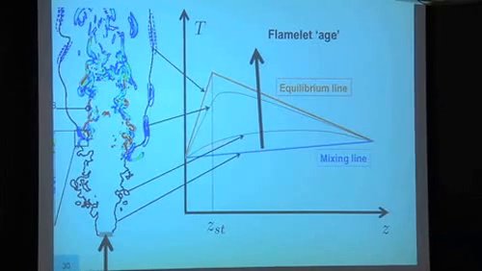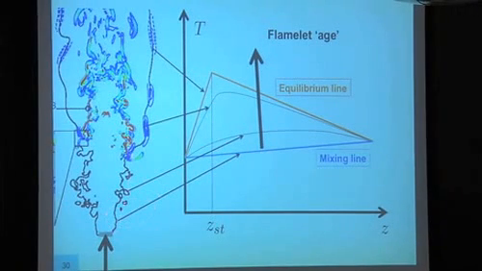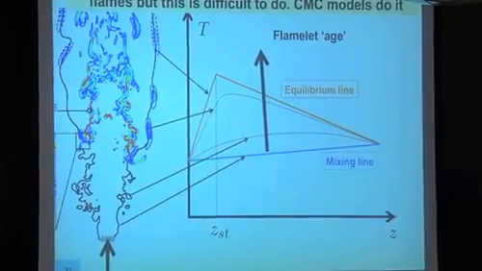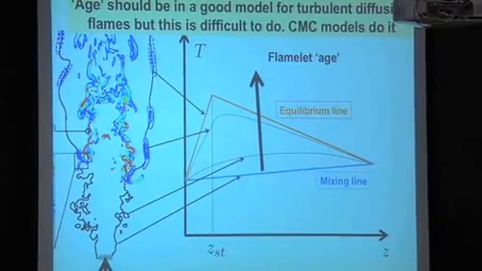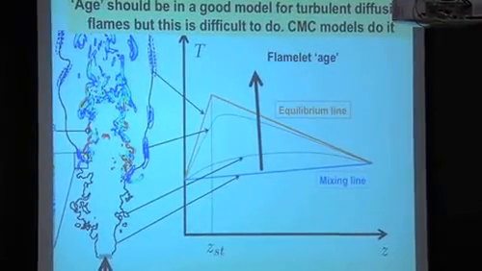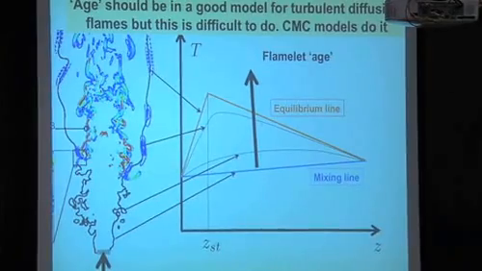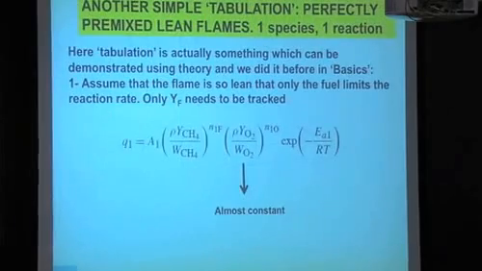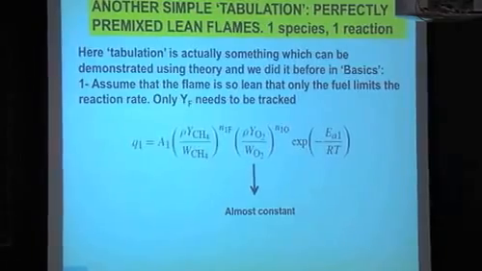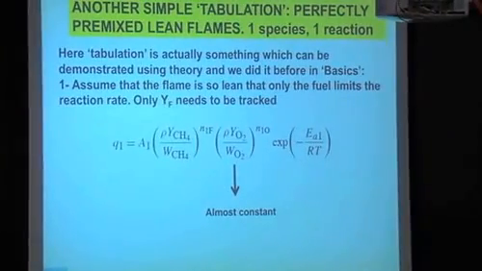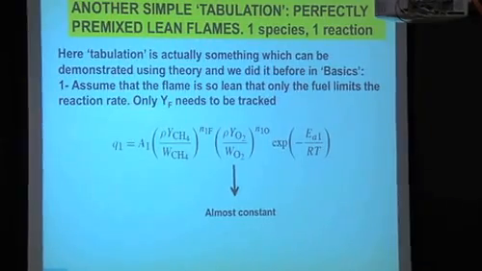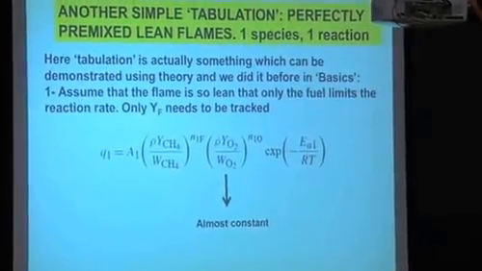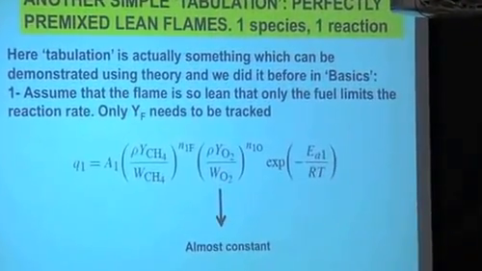Another way to do it in CMC is to have a second characterization that depends on the location. So you can actually move in your diagram from one point to another. CMC models, unfortunately, multiply the number of species by the number of bins they take for each species. So instead of 10 species, you end up with 200. So that's a very complicated extension. Okay, let me move now to the only other example where you know that the tabulation method will work, and it's the perfectly premixed flame, again, assuming that the flame is lean, and assuming only that you need to track the fuel here, and that pressure is constant.